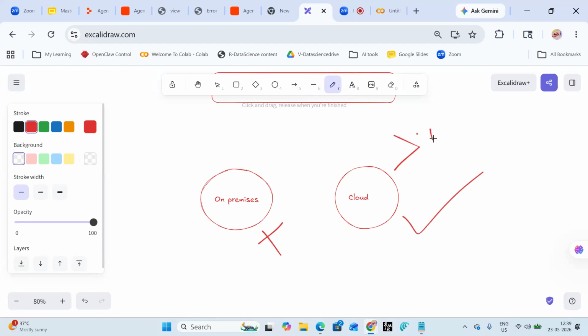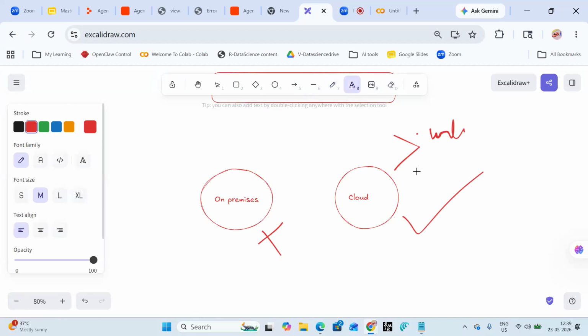Because in the cloud, code can be recovered. You can buy the plans whenever you want.